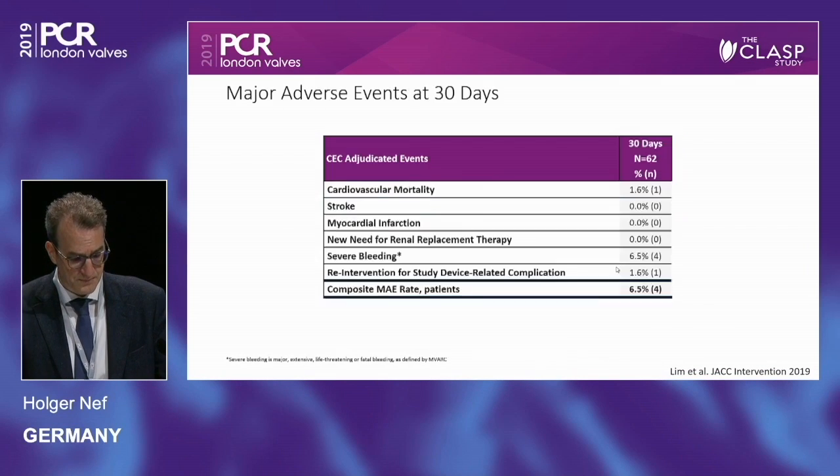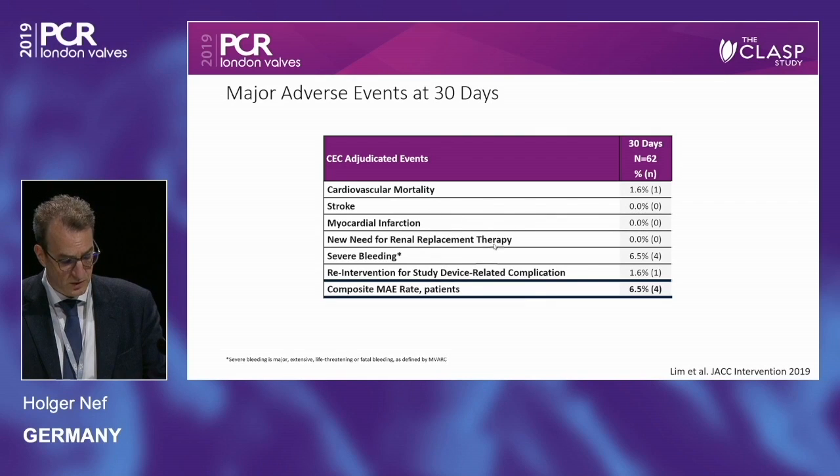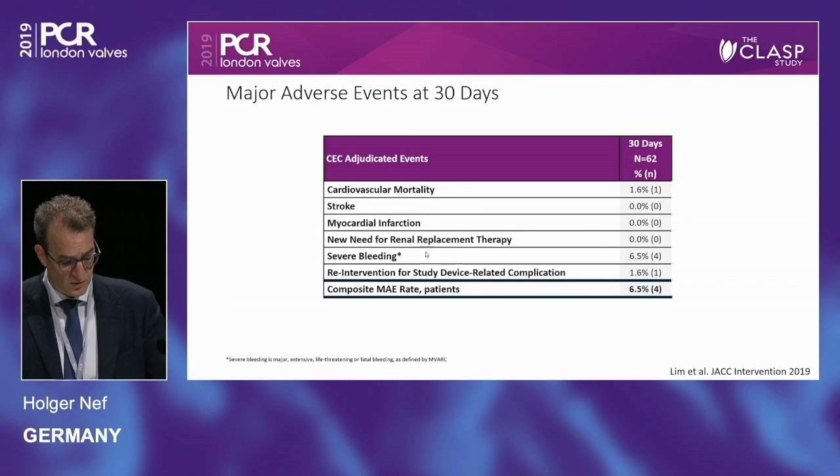hours skin to skin. This is the primary endpoint at 30 days, with a cardiovascular mortality of 1.6%, no stroke, no myocardial infarction, no need for renal replacement therapy. There were 4 severe bleedings, 2 GI bleeds, and 2